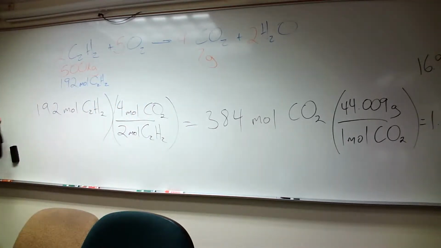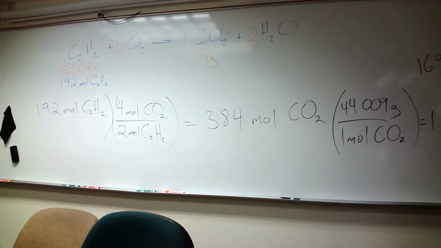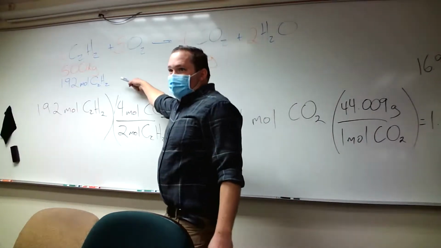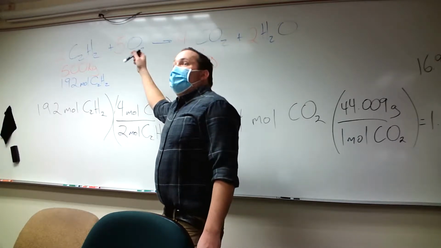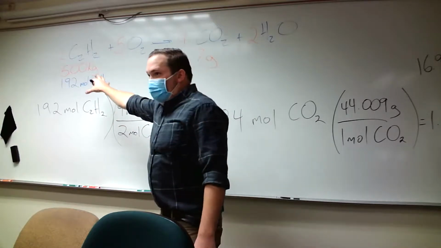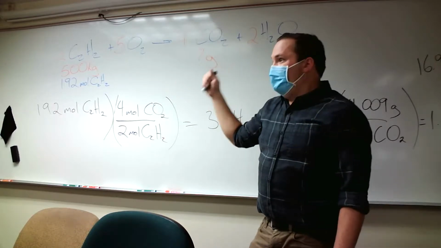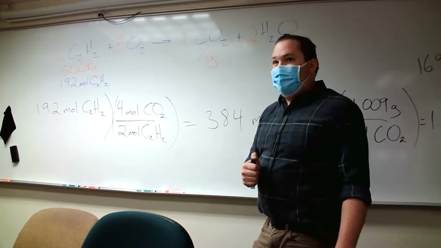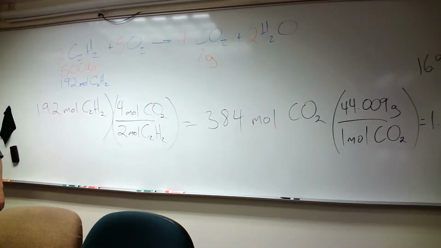Did we just violate conservation of mass? We started with 5 kilograms of acetylene and we made 17 kilograms of CO2. How many kilograms of O2 went in? Yeah, we rearranged it. The rest of the mass had to come from the oxygen. So conservation of mass means that the total mass on the left side has to equal the total mass on the right side, not that we have the same number of molecules or that they're going to be attached to the same atoms, right? Could we say 17 minus 5, and that's the mass of the